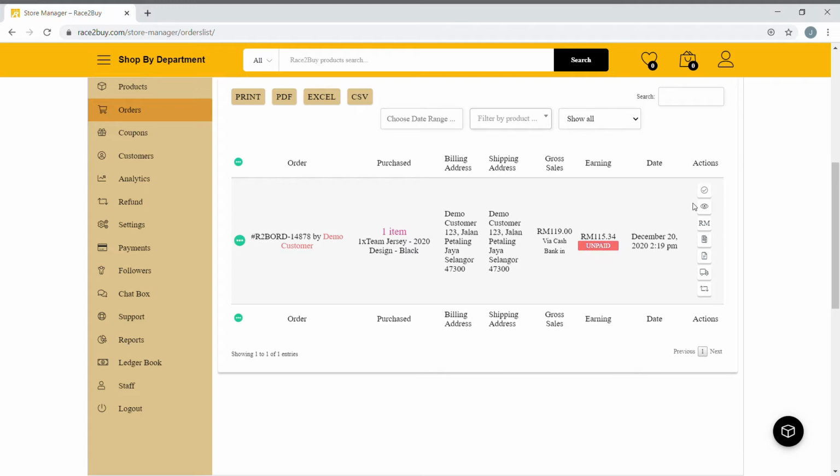There are several important things to take note of. This is to make sure the address you fill in under your store is the correct address, because once you mark ship over here, when you click it,